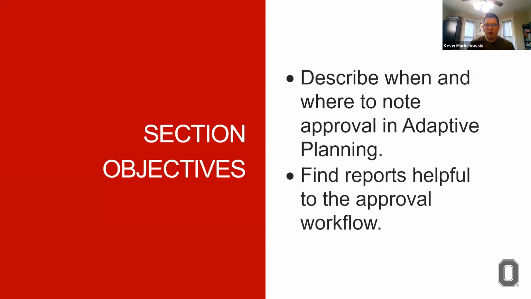So we'll talk really briefly, just describe when and where to note approval in Adaptive Planning. We've already showed you that field once, but I'll jump back to it so you can see it again. And then viewing the reports that are helpful for approvers to know which projects are ready for approval. So we have a quick